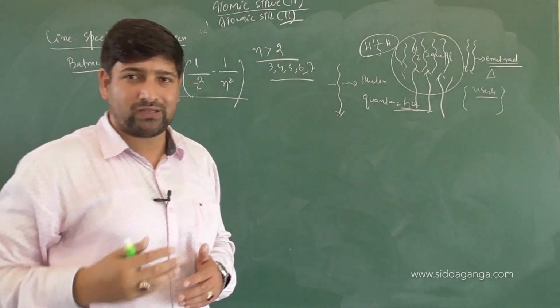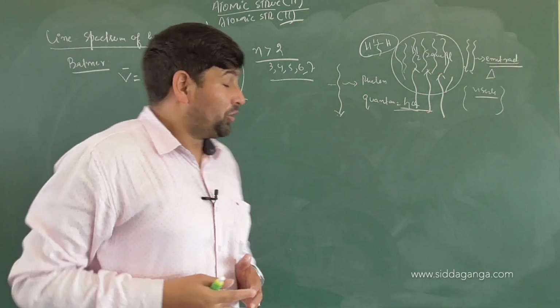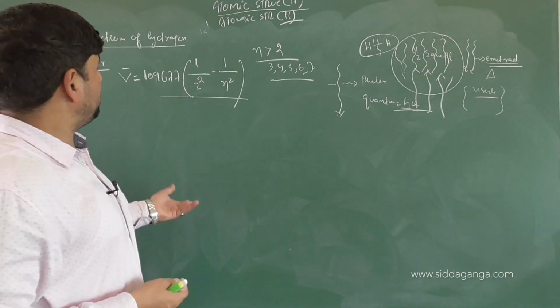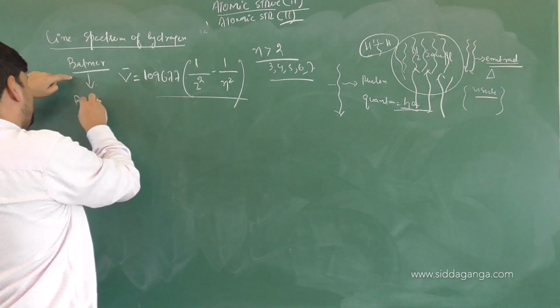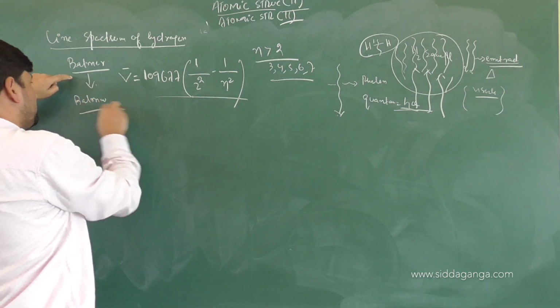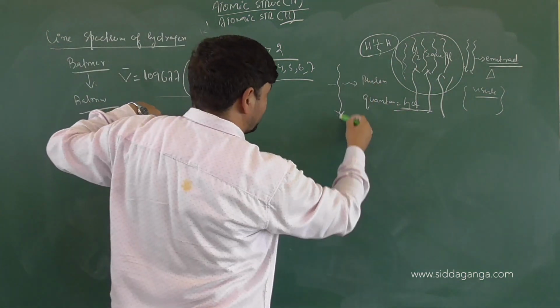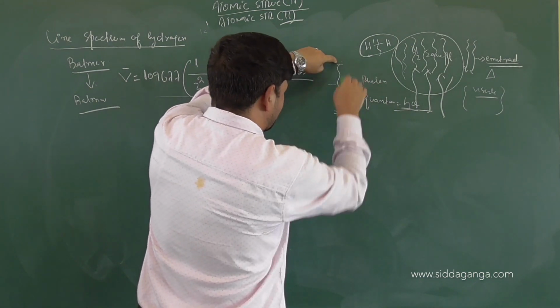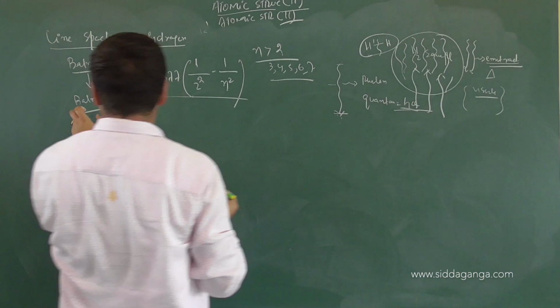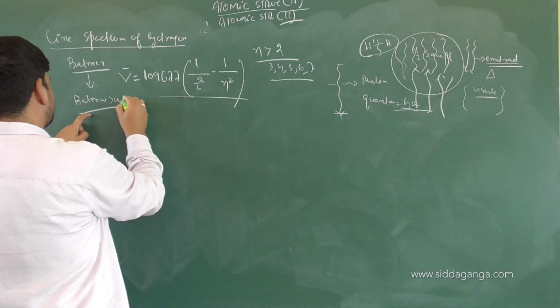Later, when there was more work on the hydrogen atom, there was not only this one particular series. This series was called the Balmer series. Because you are obtaining radiations in terms of lines, and you are getting different spectral lines when electrons come from the excited state to the ground state, this series is called the Balmer series.